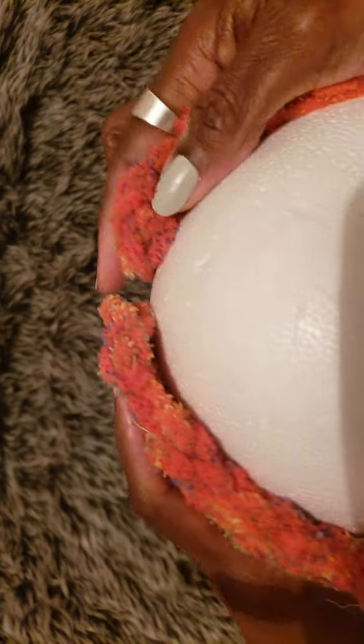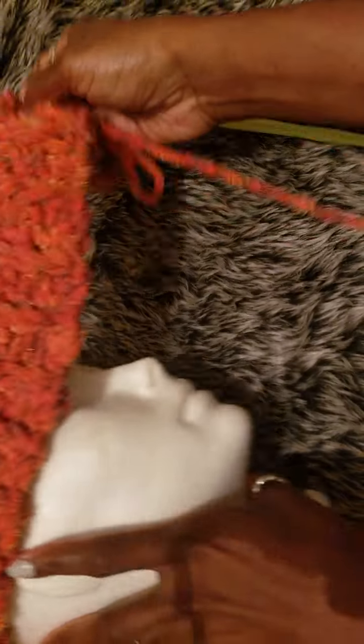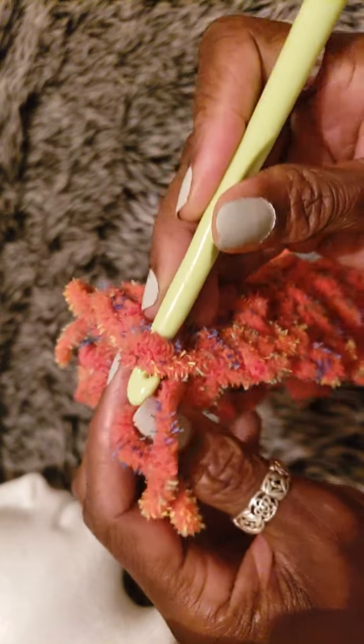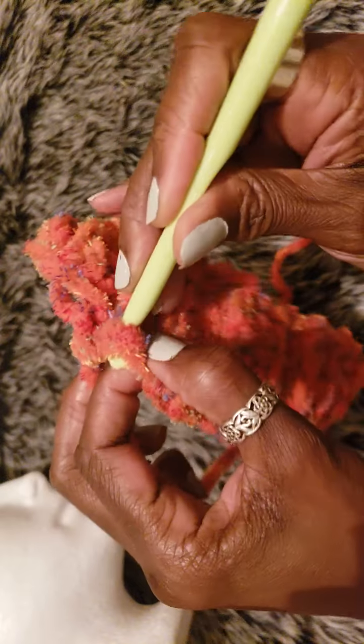Okay, so what we're gonna do now is we're gonna join our yarn. As you can see, we're ready to join the yarn. Okay, so we're gonna join right here and push our needle through here. Okay, and pull our yarn through,